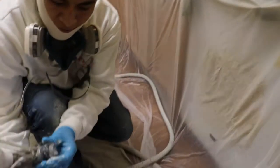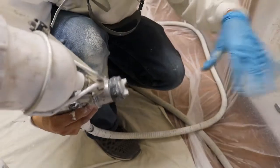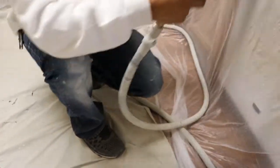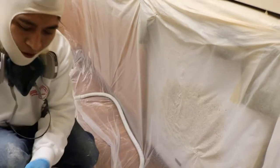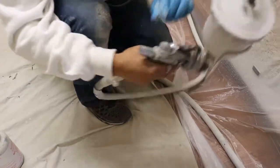Then we're going to open. See? Don't spray wide. If we're not doing this, it's going to be spraying everywhere. You have to use it like this, and then just